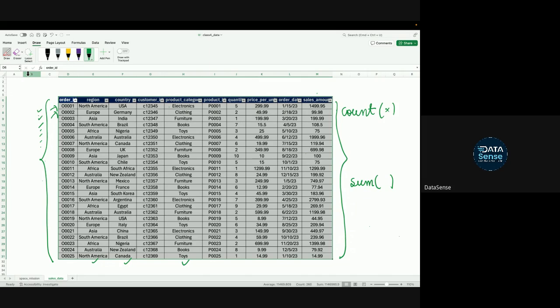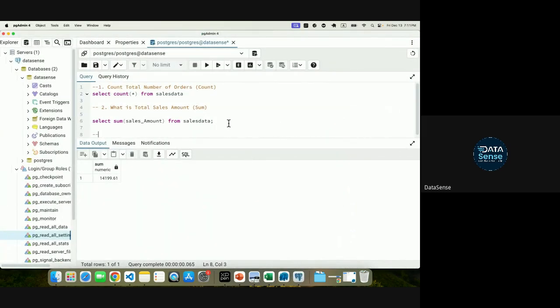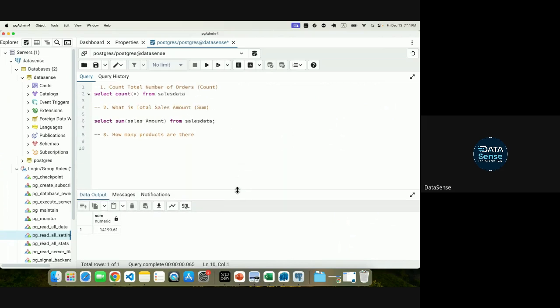Okay. So I ask you how many products are there. So you will ask me, do you want across whole data or do you want across some category? But the question is self-evident that I want total product categories which are present there. Okay. So what will you do? You have to count the basically different products which are present inside this. So let's say third question is, I'm asking how many products are there. Okay, so far what functions have we seen? We have seen count, we have seen sum. Okay, so let us say I do